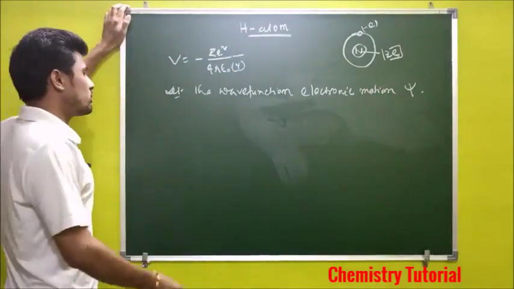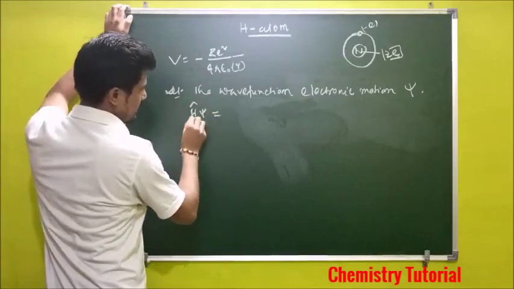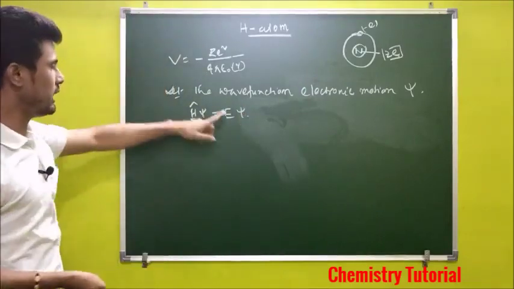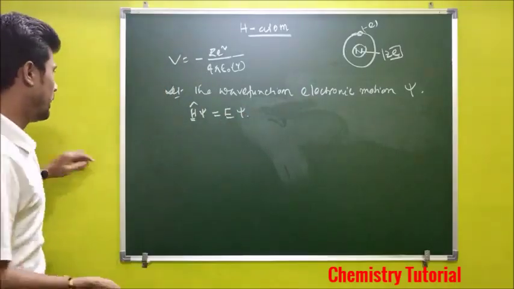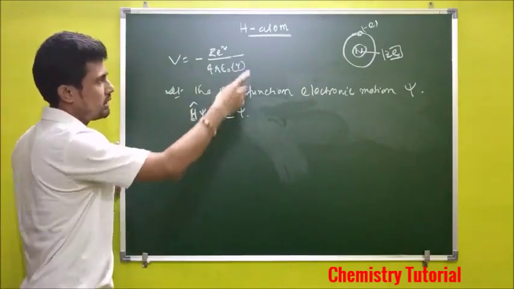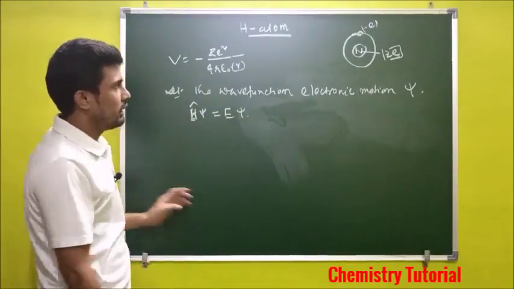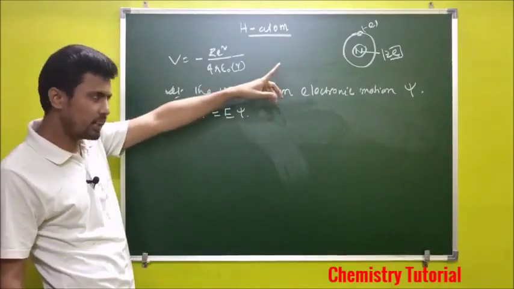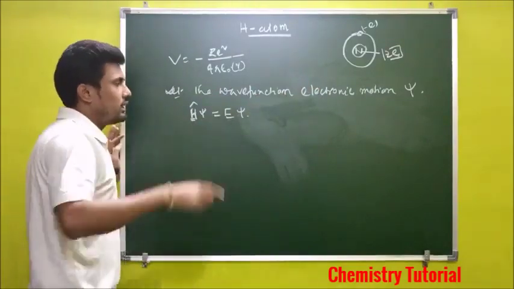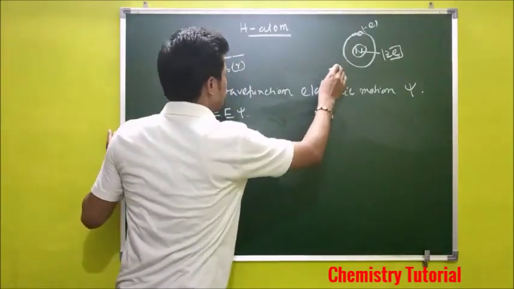Therefore the Schrödinger equation would be H psi equals E psi, where H is the Hamiltonian operator and E is the electronic energy of the electron. Psi is the wave function that describes the relative motion of the electron in the hydrogen atom. Since we can consider this motion of the electron in the hydrogen atom as a spherical motion, a motion of a particle in a spherical manner,